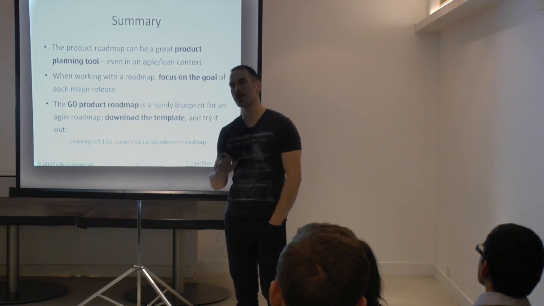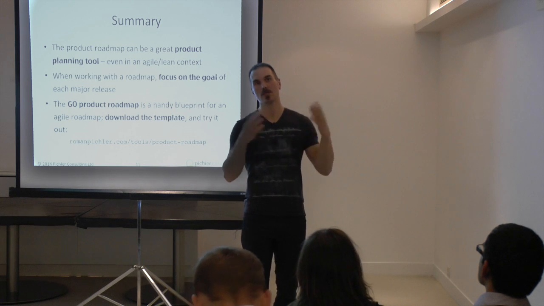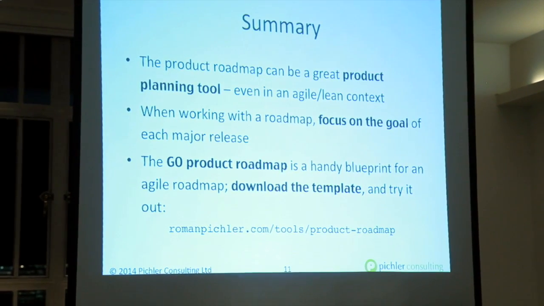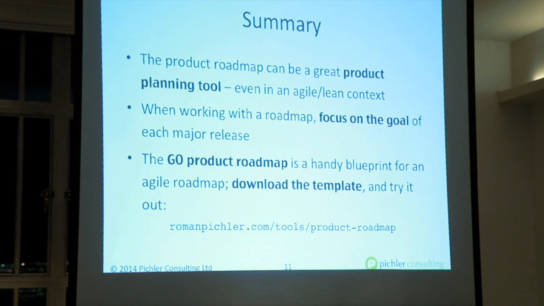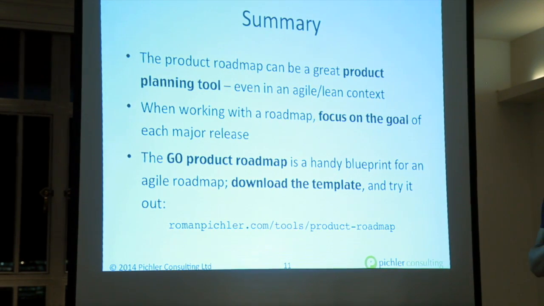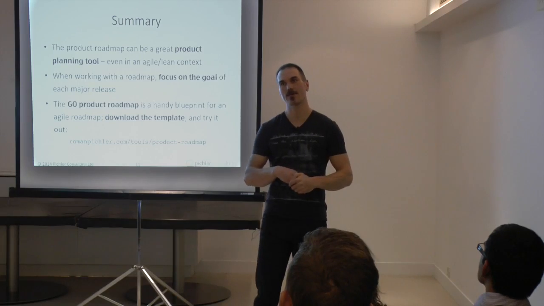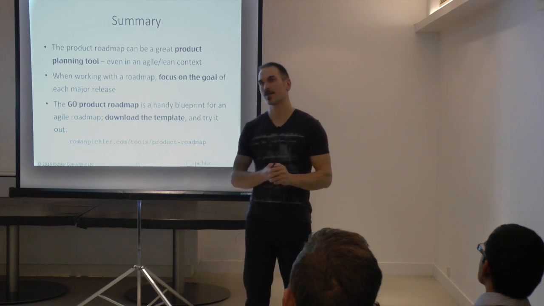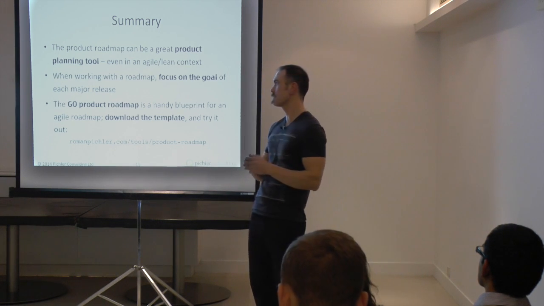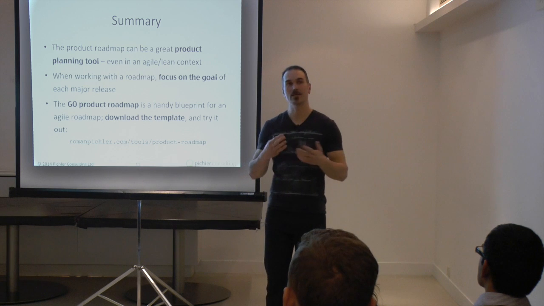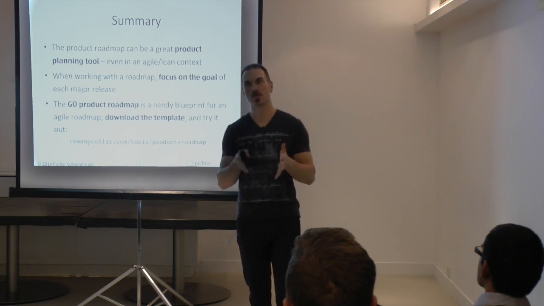Consider using a product roadmap as a planning tool that links something like a business model canvas to something like a product backlog. But be aware that in an agile context, roadmaps are likely to change, and you may have to pivot. That means you may have to radically update or replace a roadmap. Hence, keep your product roadmaps concise and focused on the goals. The more detailed your roadmaps are, the more you tend to be attached to them, and the harder it gets to let go and actually change them.